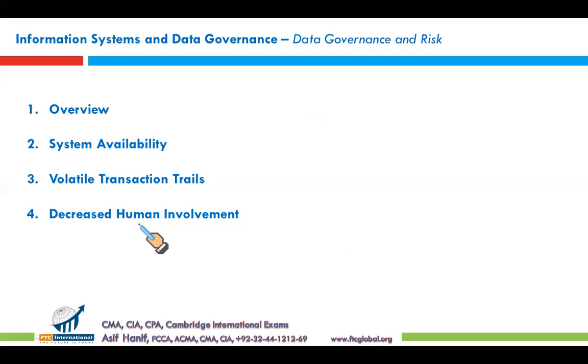Now, there is very little human intervention, which means, from one aspect, decreased human intervention, decreased human involvement, it is good because the computer will be taking care of all the processes. There will be less human intervention. Things will be more in control. But at the same time, it is a risk